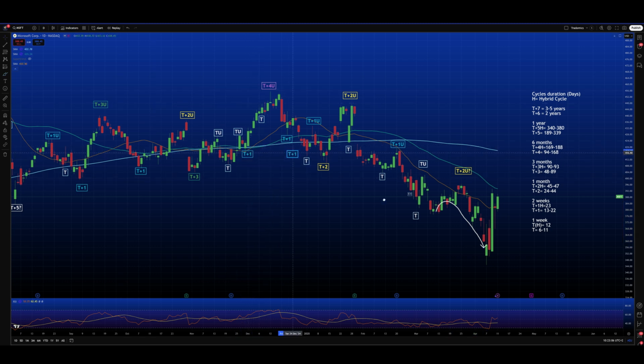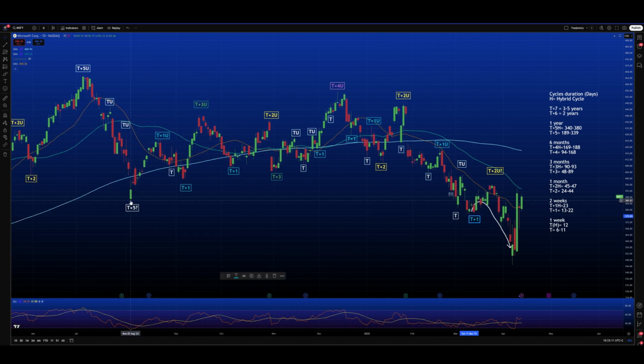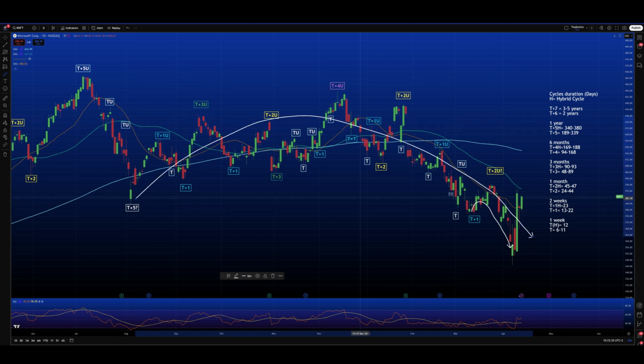Now, what is important to note on Microsoft is that from this low here, we were flagging the possibility of a new yearly cycle. But this new yearly cycle has turned into a negative cycle. And Microsoft was already flagging this move in the last episode, at the beginning of March. So in a certain way, Microsoft was anticipating the move of the other stocks.